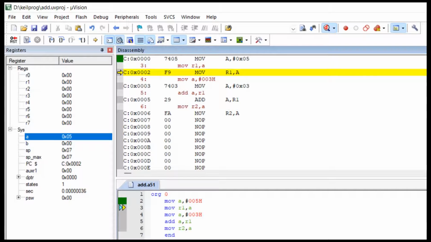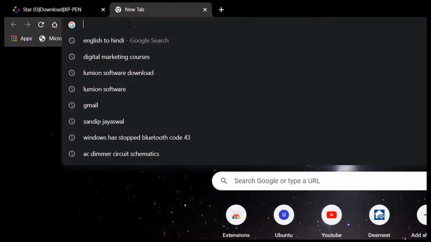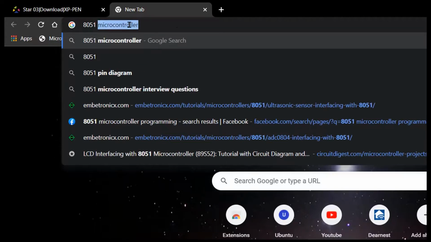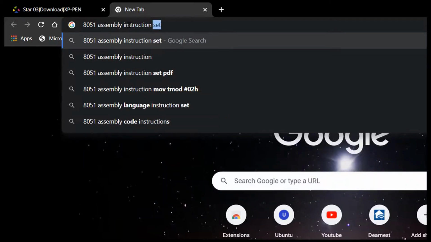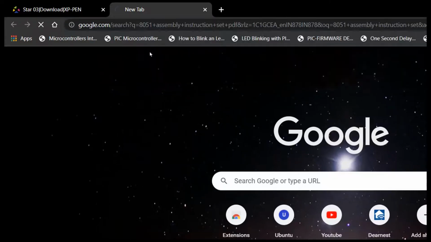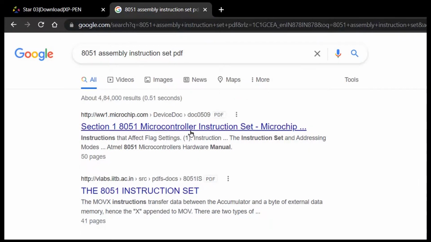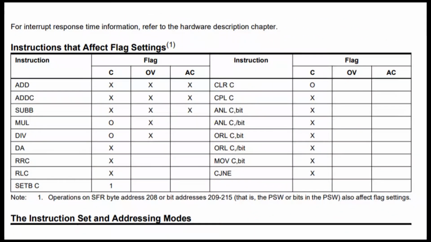Now what's the meaning of F9? If you want to know the meaning of F9, I will show you. You can use a PDF like this, the 8051 PDF from Microchip.